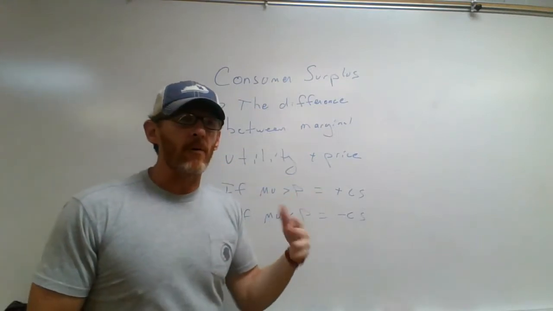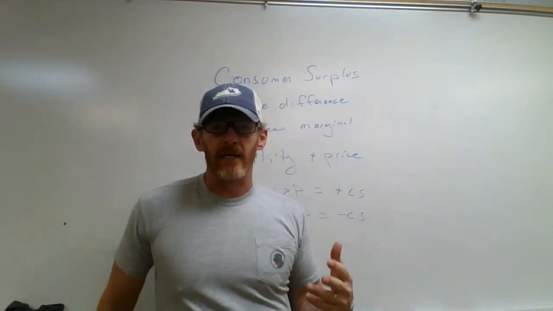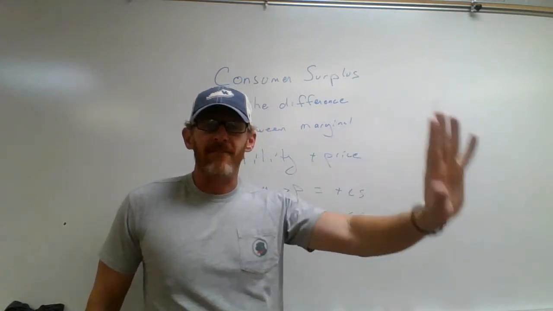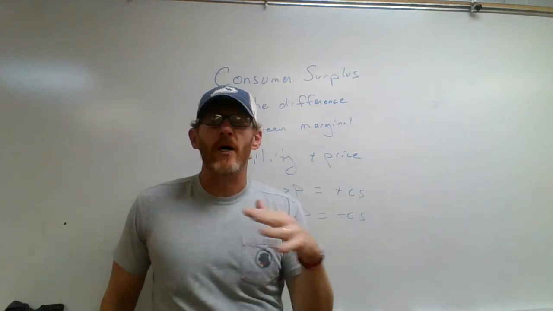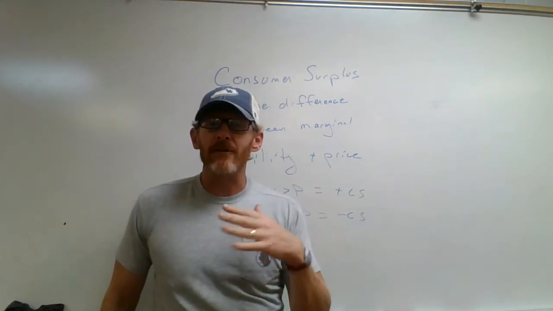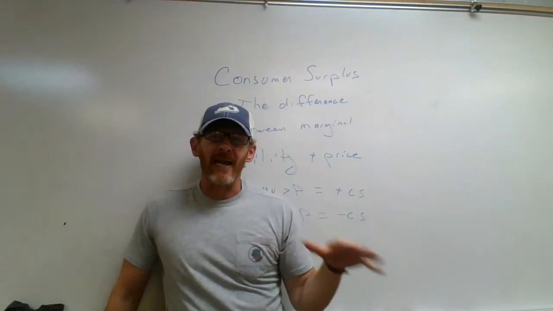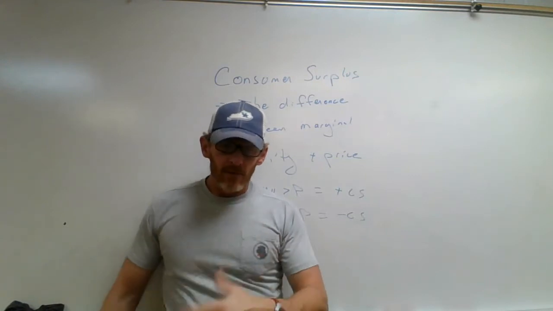So for example, I'll use the Georgia football game again. Let's say the ticket price for me is $50 to go see Georgia play UK. So I pay $50. So my margin utility for that first game to see it live is $200. So I am getting $200 worth of satisfaction from that game, but I'm only having to pay $50, which means